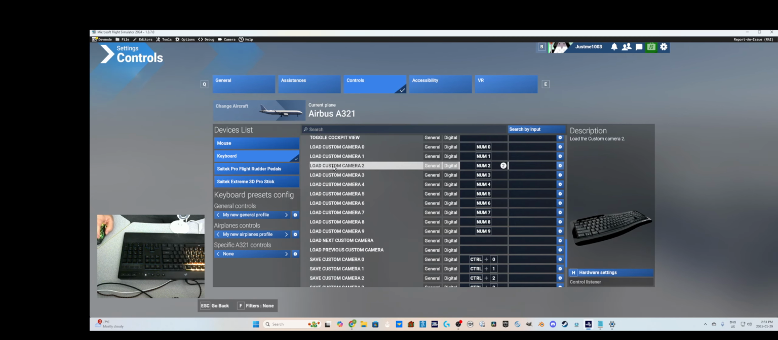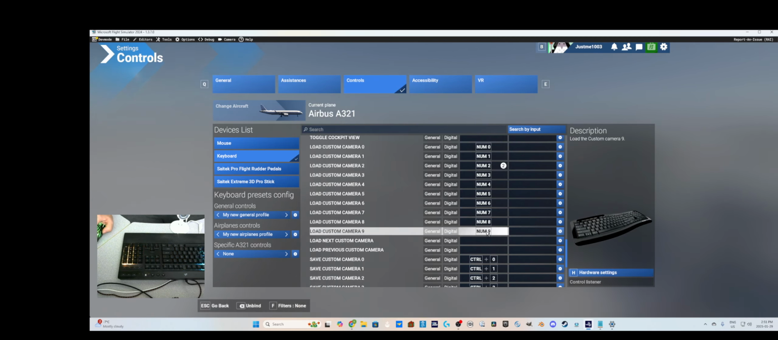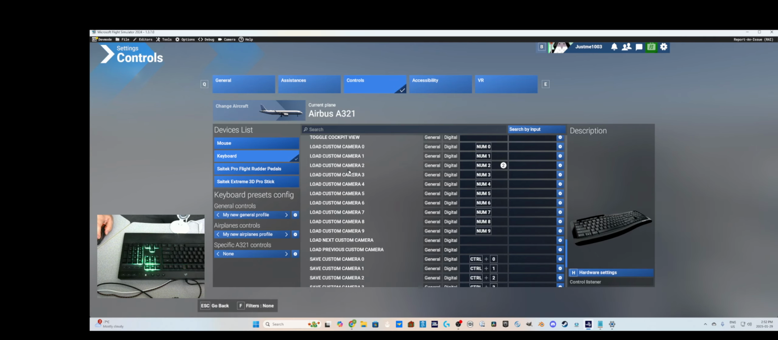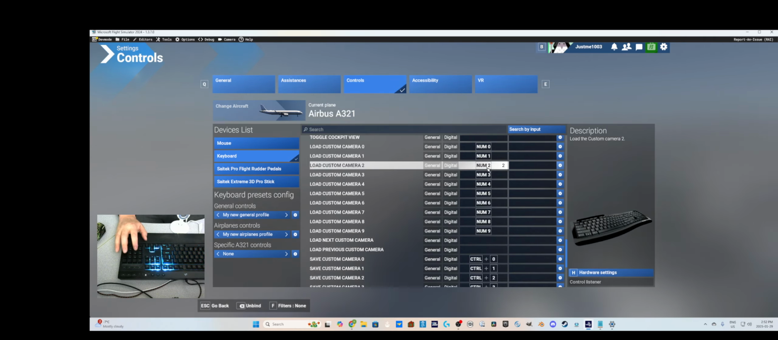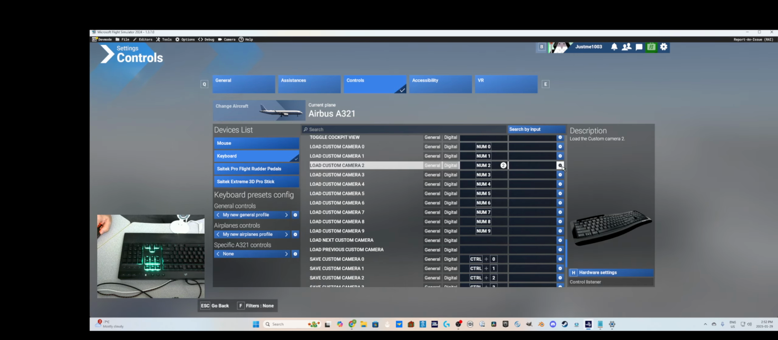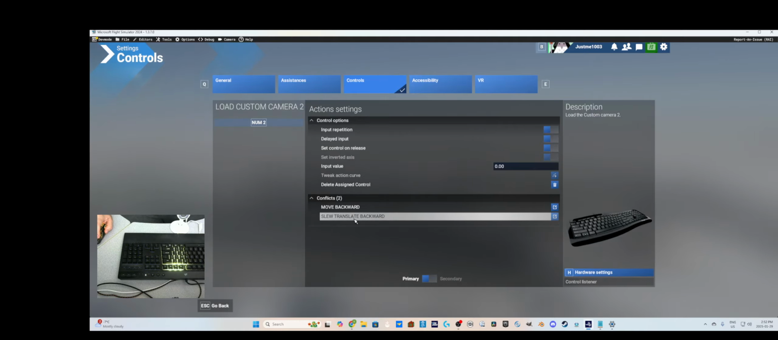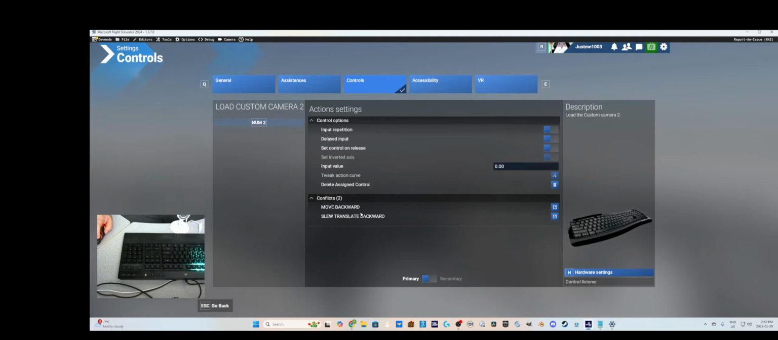I'm going to add one more part of the conversation in this, and that is, if we look here, for example, the number pad number 2 key here is assigned to 3. There are 2 different conflicts. The first one is the one that I have, and then there's 2 more conflicts. How do you figure out what those conflicts are? Well, you go here, you click on this, and you see move back and slew translate backward. Those are the 2 functions that are also attached to the